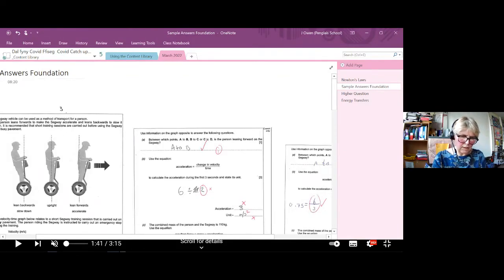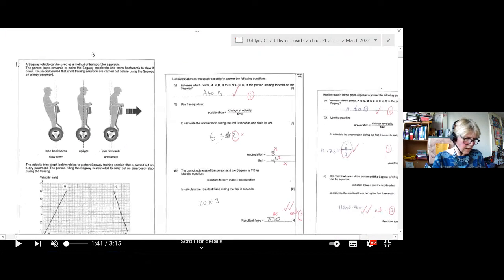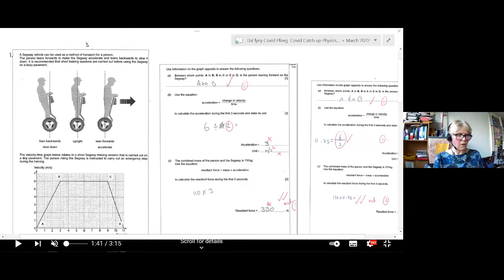Now, this is a nice question here, and it just shows you that you have to be able to apply yourself to different situations. This one here is somebody learning a Segway. You might have seen this question before, and they've tied it in with unit 2.1 with distance and speed-time graphs. And they said that he's leaning backwards here between A and B, he's upright here between B and C, and he's